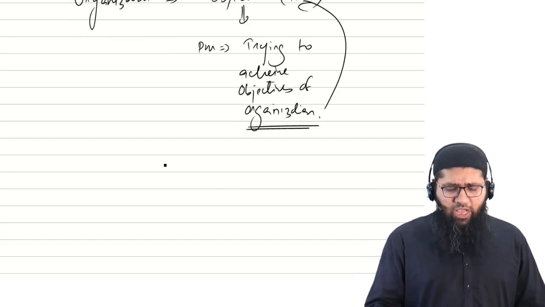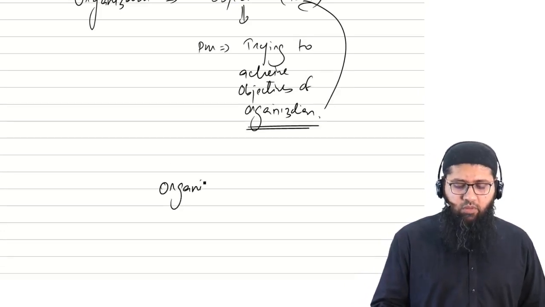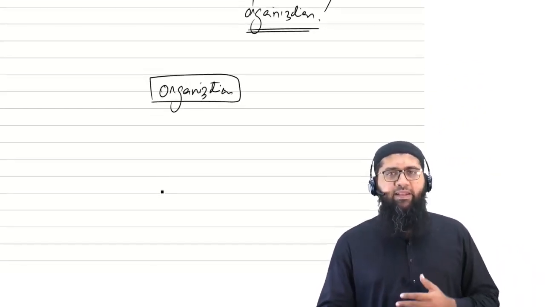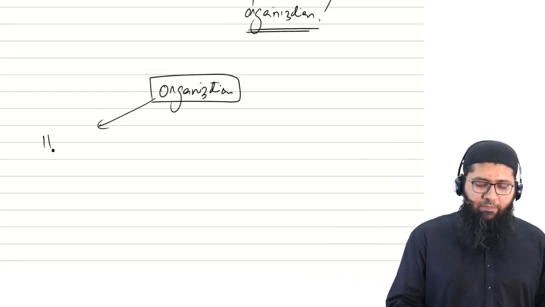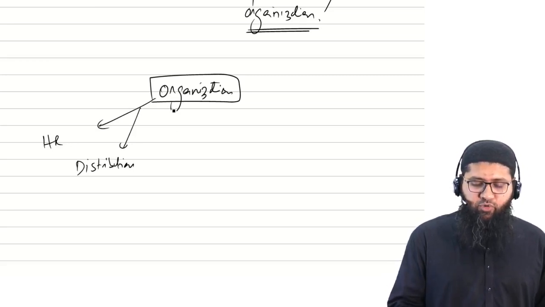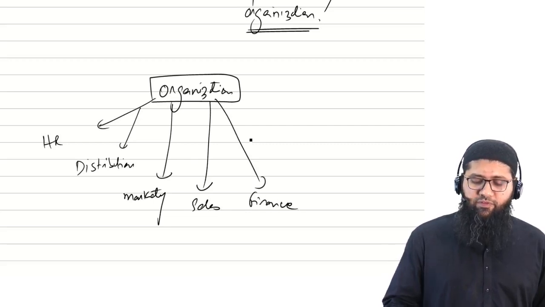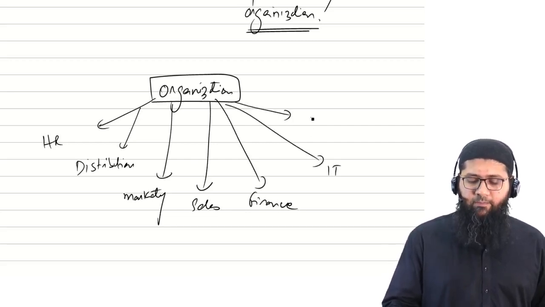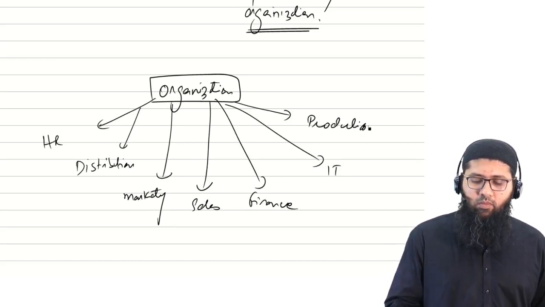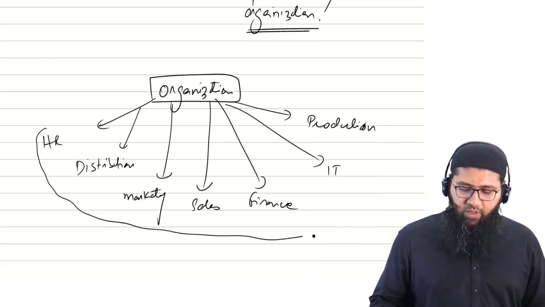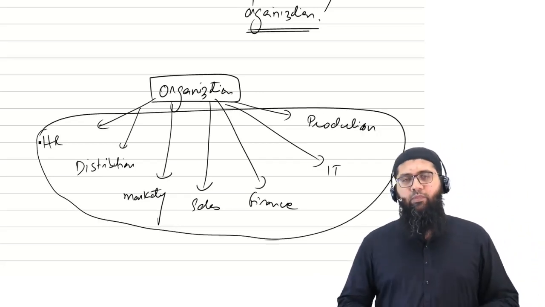Now, when we talk about an organization, there are multiple departments that an organization has, and those multiple departments include the HR department, the distribution department, marketing, sales, finance, IT, production, etc. So when we think from the perspective of an organization, if you are running an organization,